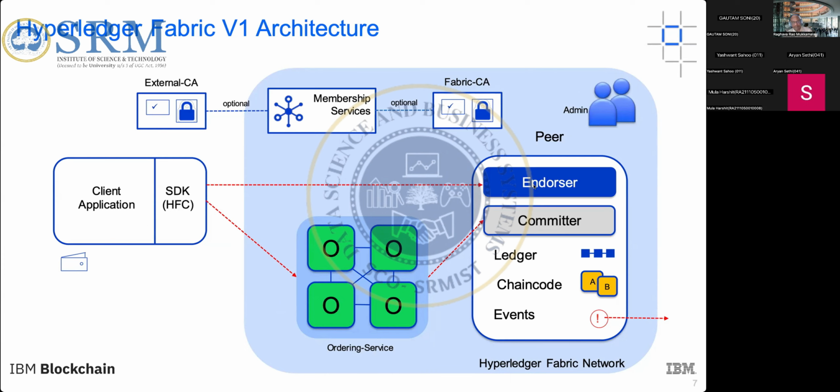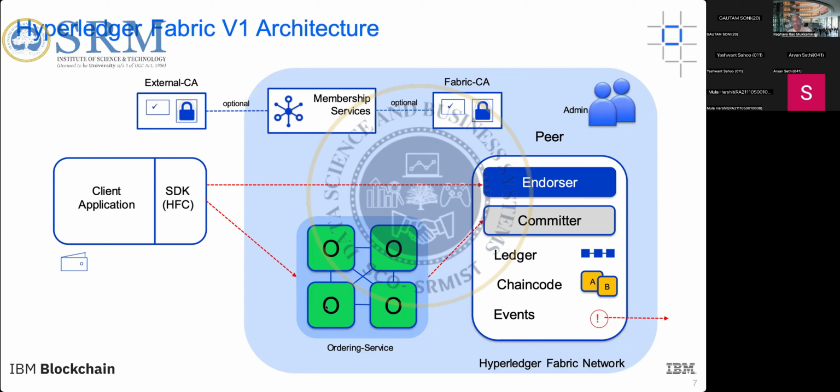There are three different sets of nodes: endorsement nodes, committing nodes, and the ordering nodes, right? First it goes to the endorsement nodes, and the transaction will be verified by them. If they endorse it, it will come back to the client, and the client will send it